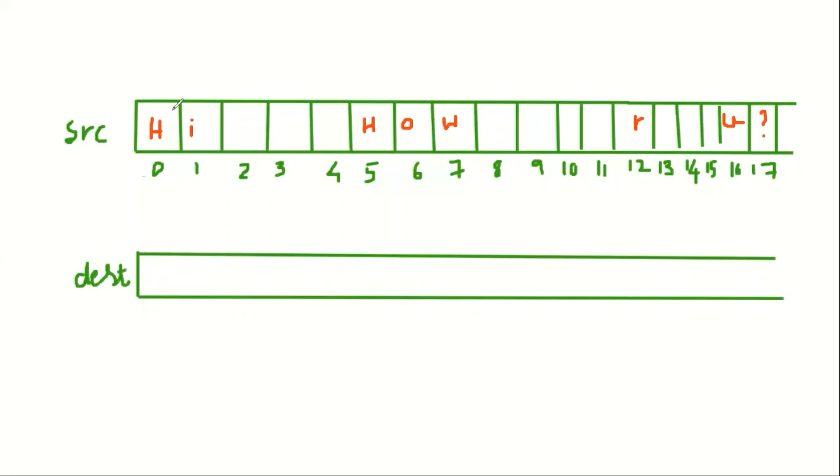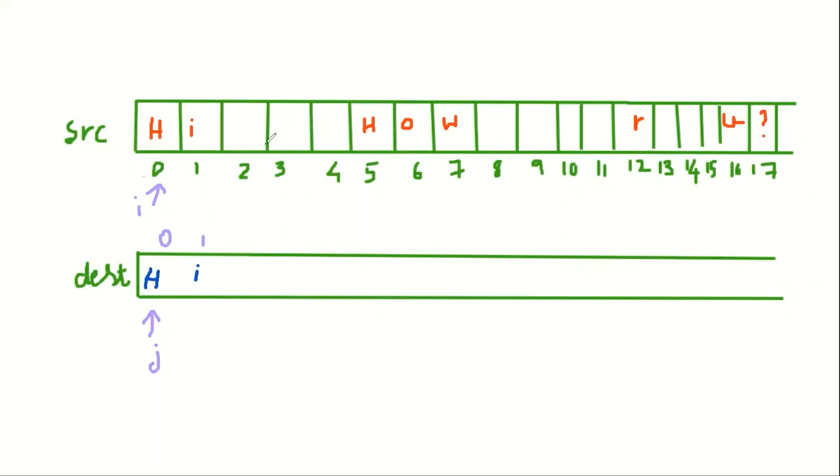Destination. Okay, so this was controlled by a variable called I. The destination index was controlled by a variable called J. And as you copy, the indexes will move to the next locations. So now when I'm copying, H is not a space, so I just copied the H value. Next is I. I is not a space, I copied. Now I saw one space, I'll just copy a blank space there. Okay, the blank space will be copied.